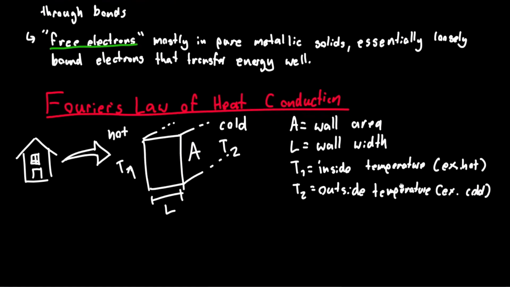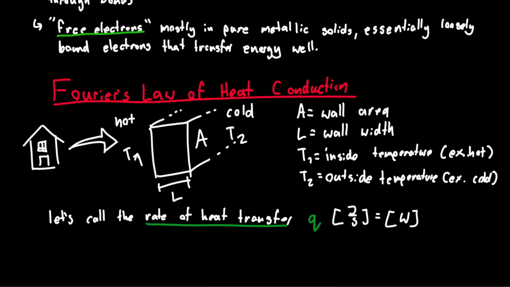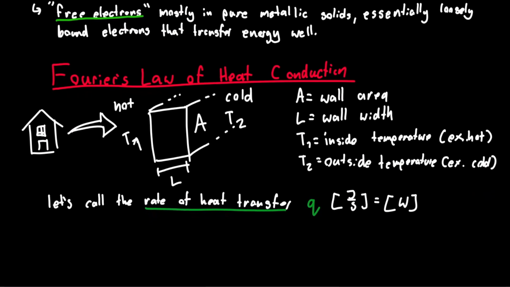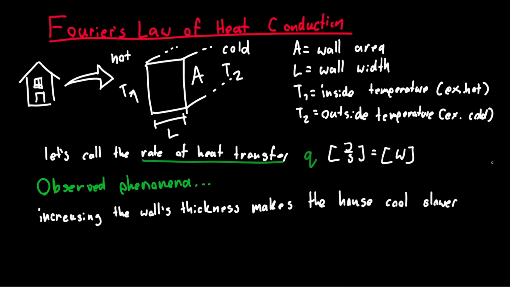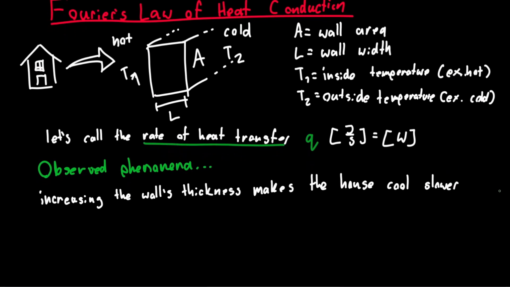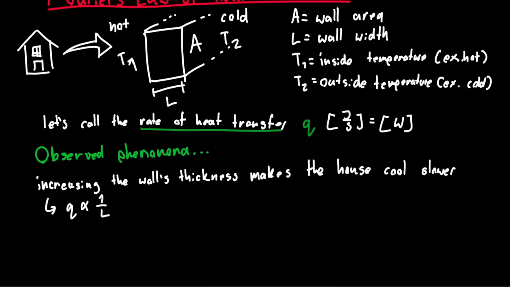And with these, we can define what heat transfer is, which is represented by a Q, and it has the units of joules per second, also known as a watt. So observationally, we can determine how Q is related to these different variables up here. For instance, if the house cools faster, that means we know that Q is increased, and if the house cools slower, that means we know Q is decreased. So if we increase the wall's thickness, we can see that the house cools slower. Therefore, we know that Q is